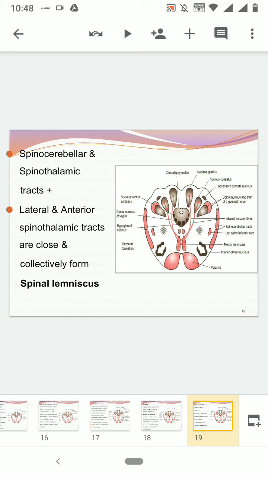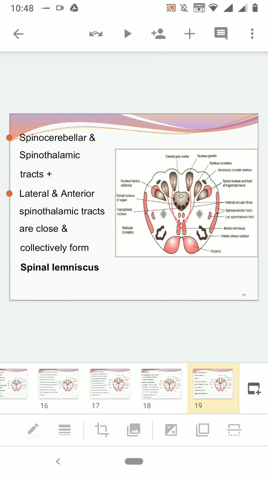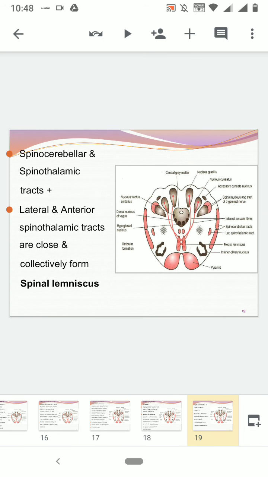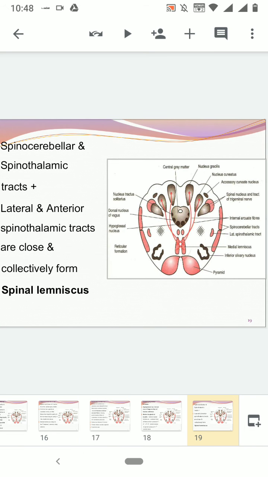Now we have something called the spinocerebellar and spinothalamic tracts. As in the spinal cord, on the lateral aspect you have the spinocerebellar tract, which carries the fibers of unconscious proprioception. We also have the lateral spinothalamic tract, which is carrying the fibers of pain, temperature,